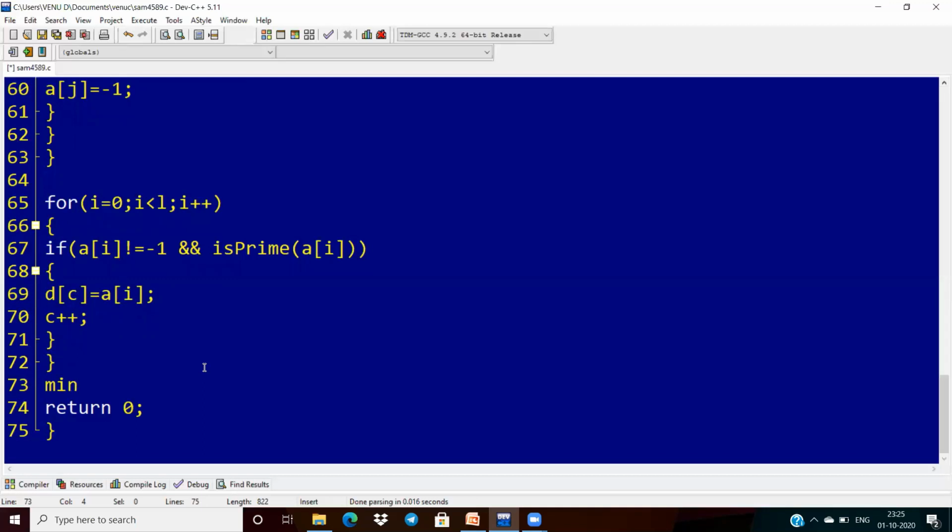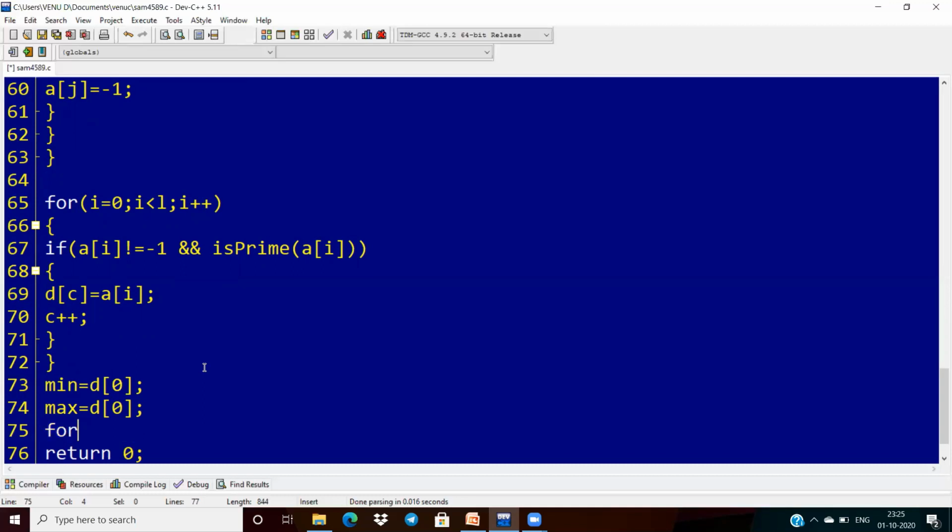Min and max are both initialized with the first element of the array, T of 0. Okay, min and max are this.